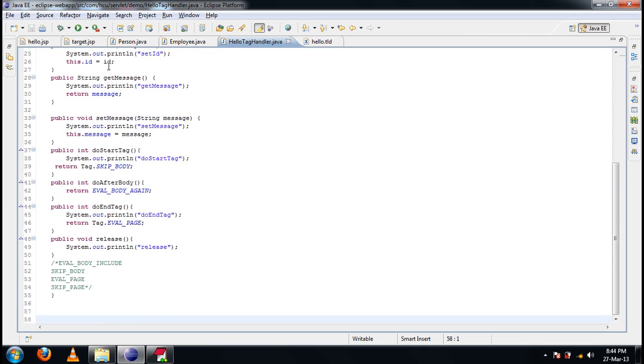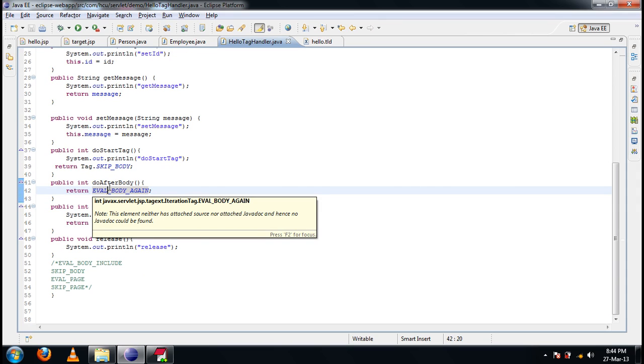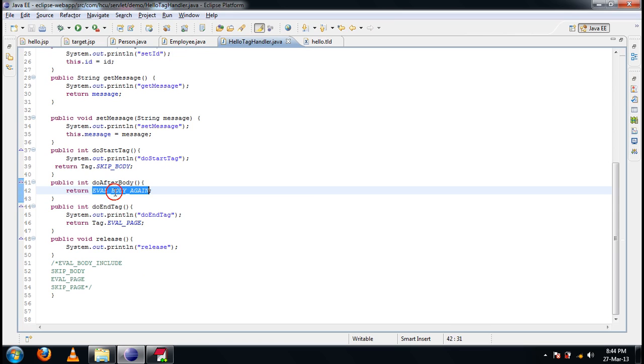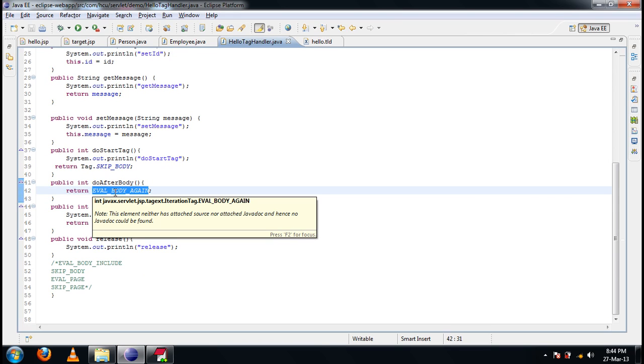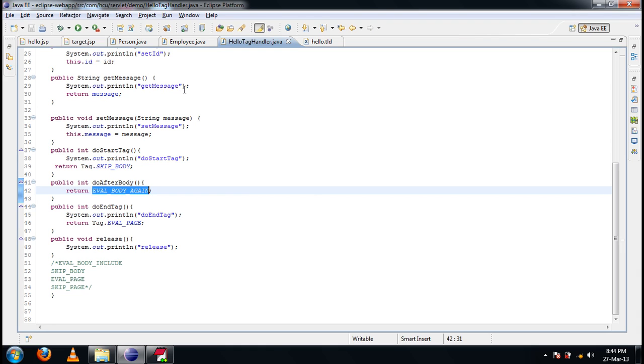Okay, now the do after body returns eval body again. Now it is returning eval body again. So the body content will be executed continuously. The body of the tag will be repetitively executed, until